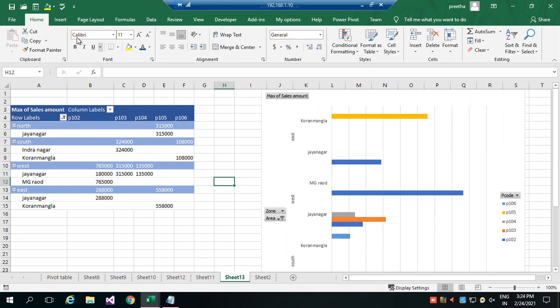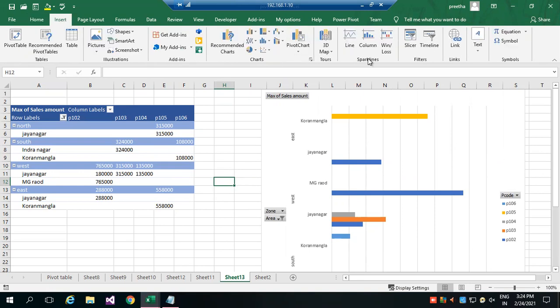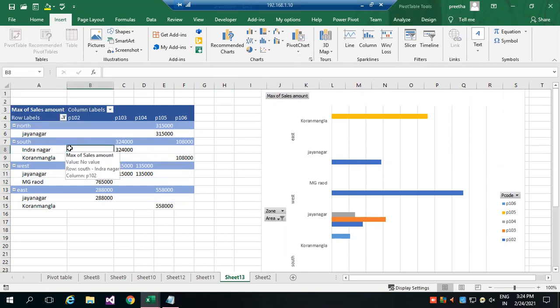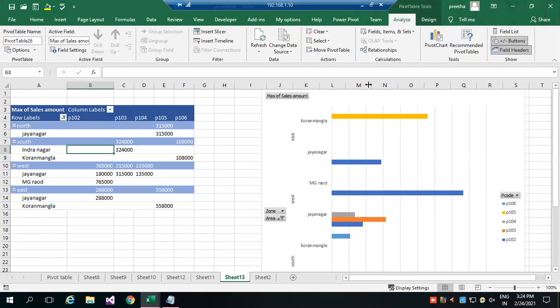The chart. Then the next option, Sparkline and pivot table. Once you get a pivot table, you will get the analysis tool. And one more thing in this, there is an option called slicer and timeline. You wanted to see only the specific product, specific area, or if you have year date wise transactions, you want to see only the particular month, year, day transaction, then you can go for timeline.